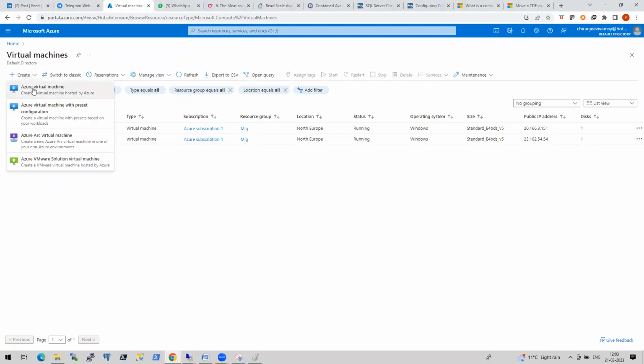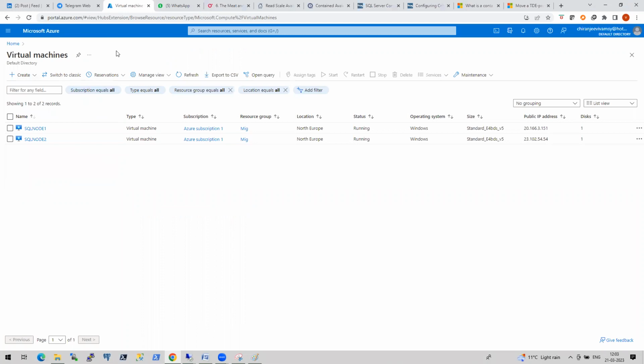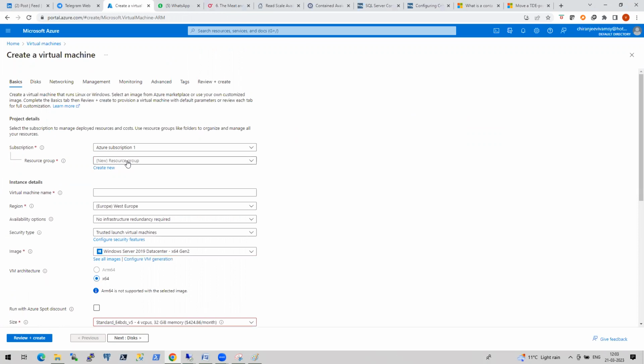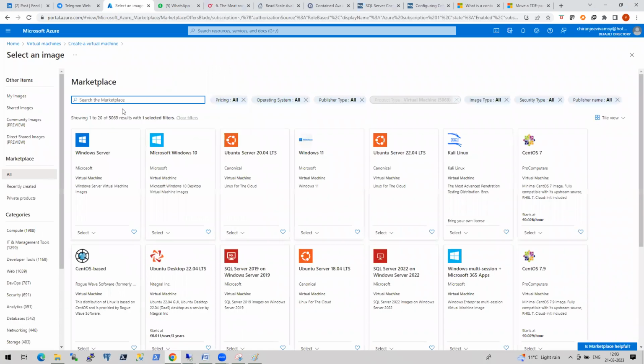If I go to create Azure virtual machines from the portal, there is no support for the 2019 Windows operating system and SQL Server 2022. Let me show you that. So if I go here to the images, I'll show you, just wait for it. If I go to SQL Server 2022,